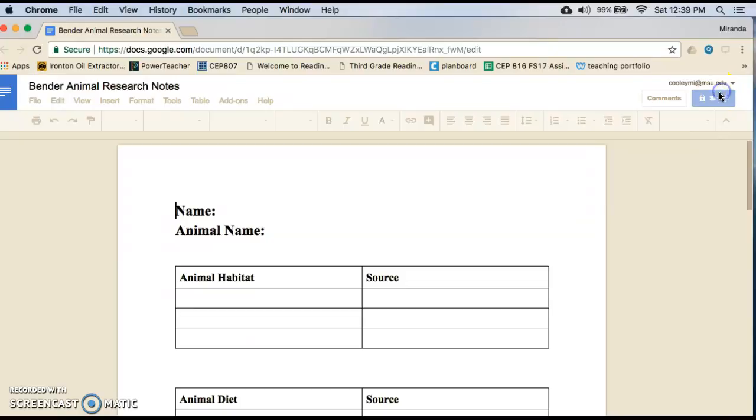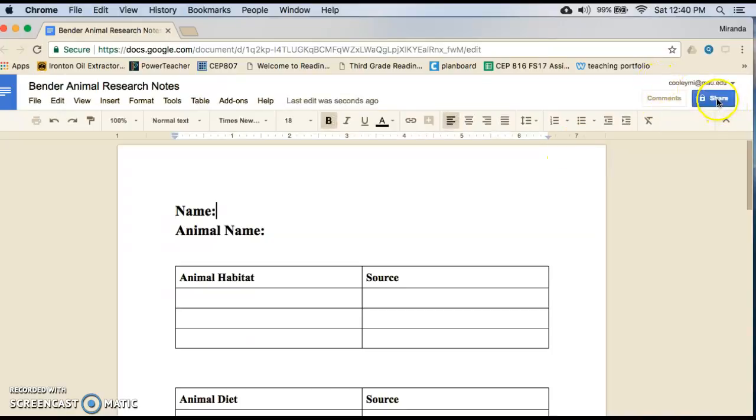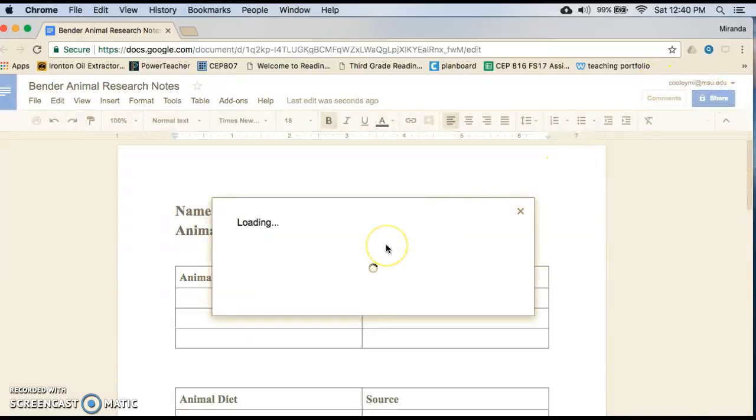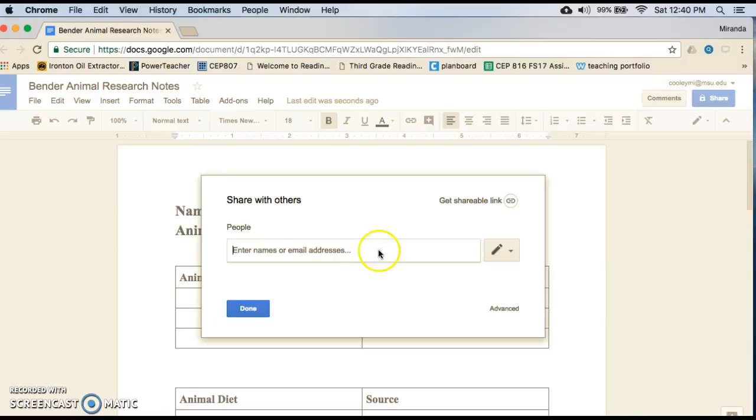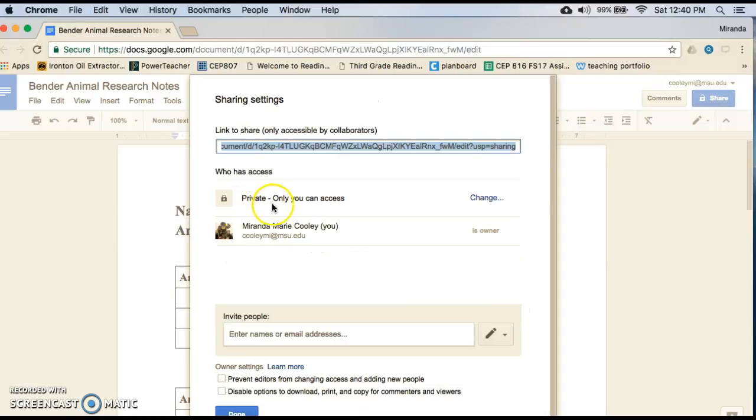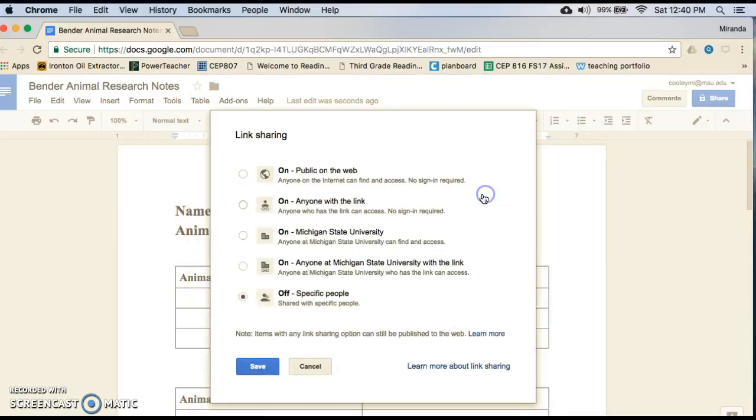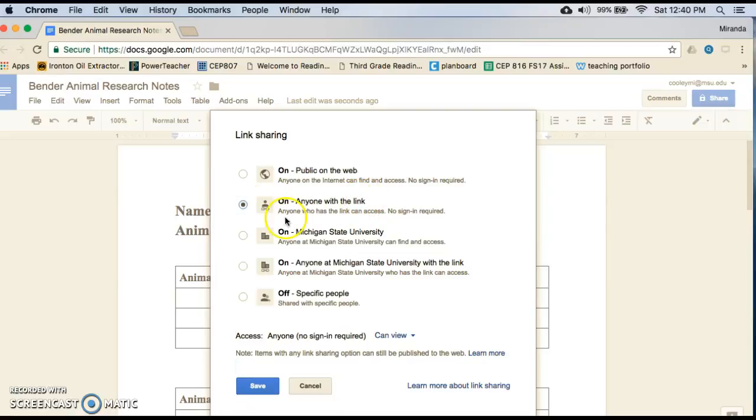Then what you're going to do is go to the Share button. It's blue up in the right corner. And you're going to click on that. And then when this opens, you're going to click Advanced down here. You're going to change your private setting here and go to anyone with the link